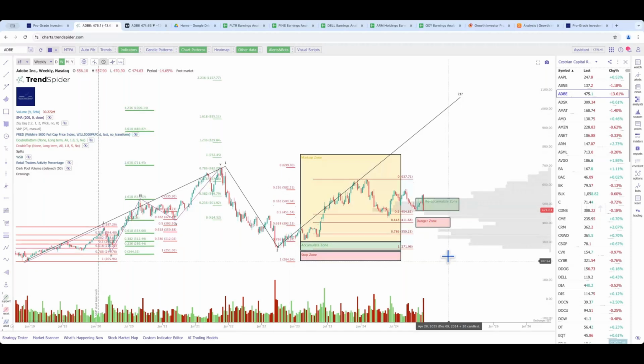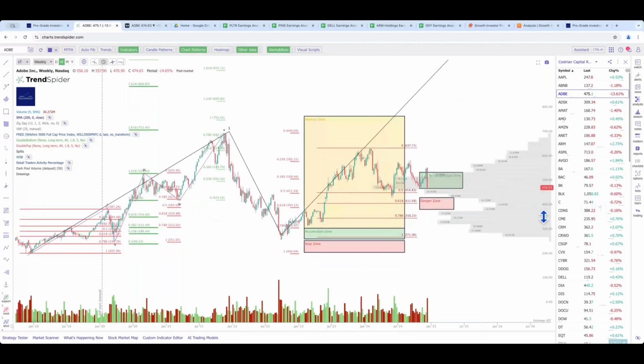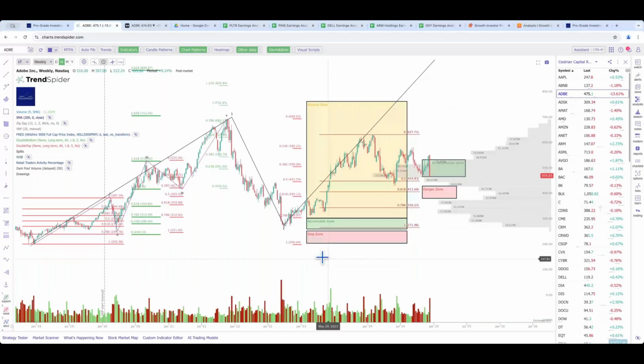CRM, Salesforce.com did something similar, again, despite a big recurring revenue model. So it's worth just looking at how volatile this name is. And in some ways, that makes it a pretty interesting stock to have in the toolkit, because you know that the company isn't going away tomorrow. You know that the business is going to still keep growing and churning out cash, and the fundamentals are strong, the balance sheet's safe, but it's a very tradable stock, I think.